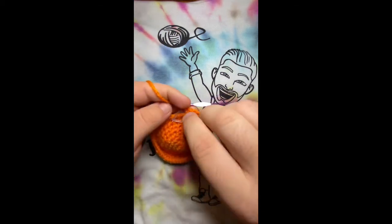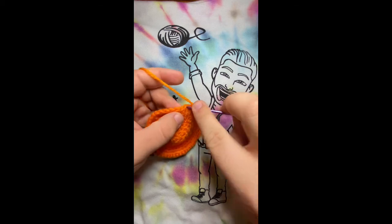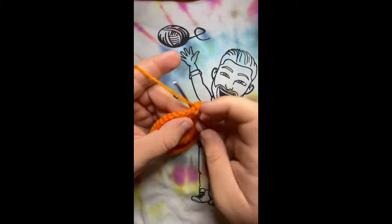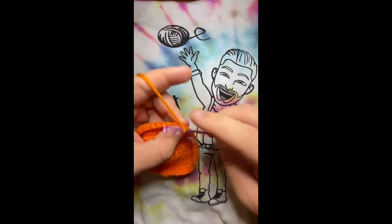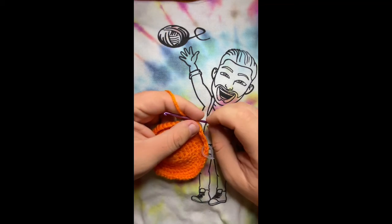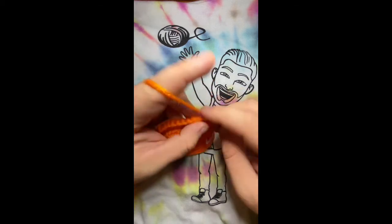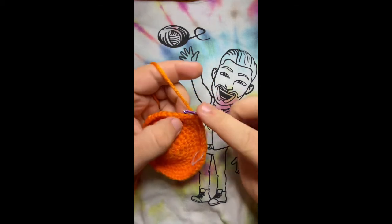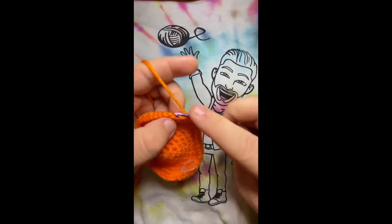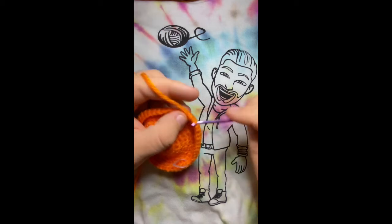So 1, making sure to move the stitch marker. 2, 3, 4, and increase. Okay, now we're going to single crochet 8 and increase. We're going to do that for 5 times. So 1, 2, 3, 4, 5, 6, 7, 8, increase for 1,